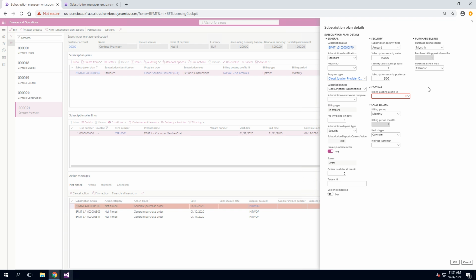So, important concept, please keep it in mind. Deposit balances are offset against invoices. Deposit security balances remain there for the lifetime of the subscription and are not offset against invoices. They can be topped up or refunded based on the fence, but they are not offset against invoices. And then at the end of the billing cycle of the subscription plan, a refund is issued back to the